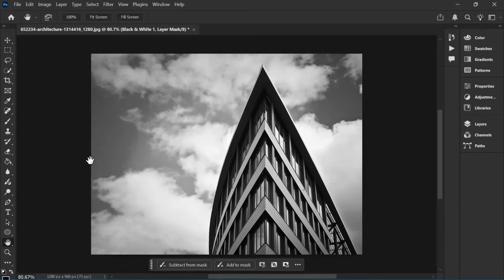In today's video, I'm going to show you how to fix Photoshop images turning black and white automatically. If you open a file and suddenly all the color is gone, don't panic. This is a very common issue, and in most cases, it's caused by a simple setting that was changed accidentally. I'll walk you through 4 different fixes step by step, so you can quickly restore your colors and get back